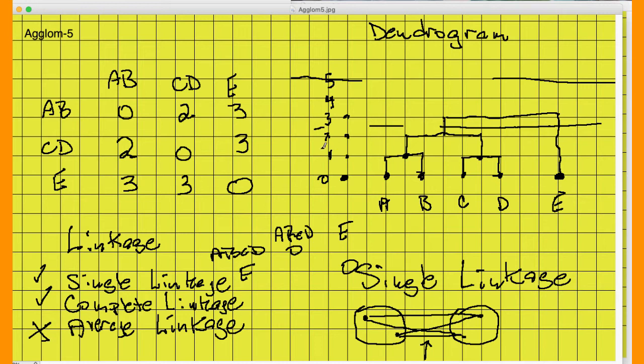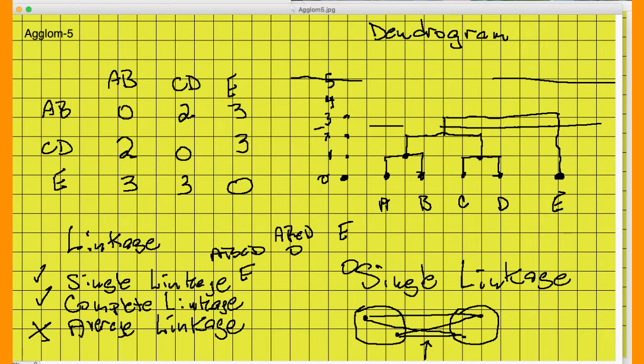If I came down here and drew a line, you can see that I'm breaking it down until finally I get to the point where I just have the individuals. If I were to draw a line between 0 and 1, I'd have 5 different clusters. On the other hand, if I were to draw it between 1 and 2, I would have 3 clusters. This idea of drawing a horizontal line and breaking up the dendrogram is another issue that we're going to consider in a paper that you're going to read. So that is single linkage.